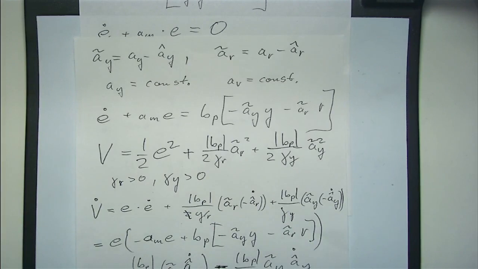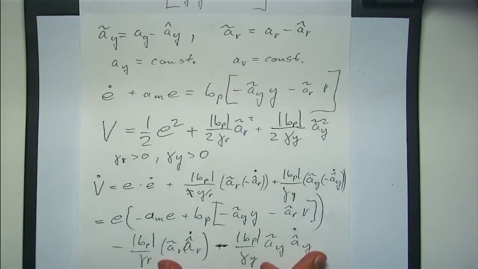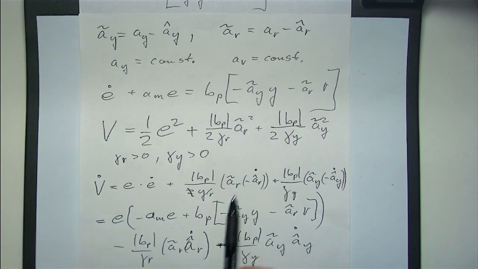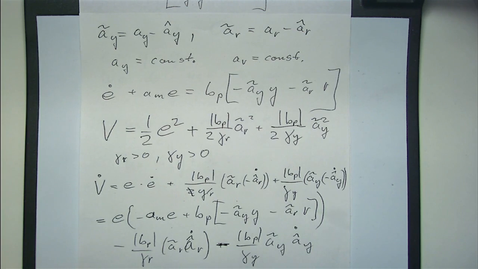And that becomes quite interesting because, sorry for this, here this one is quite comfortable because you have seen this before. Here we will have minus AM E squared. Yeah? But here we have AY and AR tilde. So these are AY and AR tildes. There we have that one as well. So we may want to factor things according to that. Right? So we may want to factor out this, and just bring those together and see what happens.